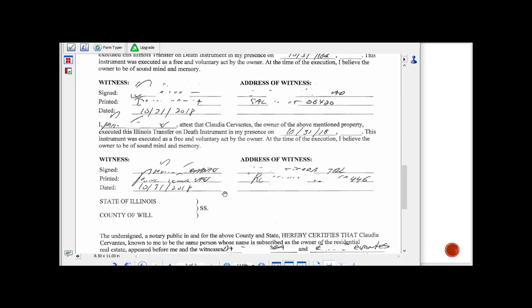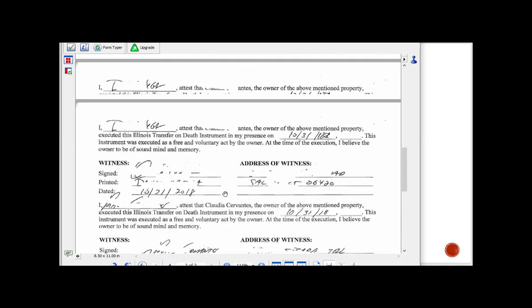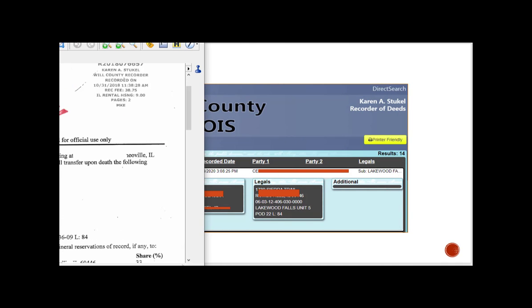These are a sample of the areas for witnesses. So every form is going to be different. But check with your town and see what they have, and do yourself a favor and get it filled out for your loved ones.